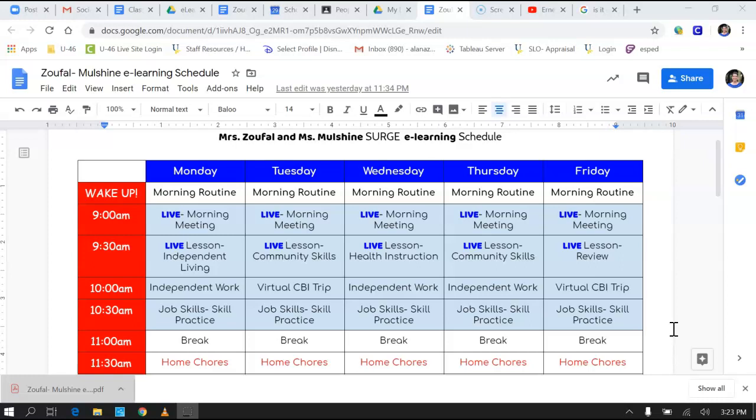This is going to be our schedule while we are e-learning or learning through Google Classroom. It is very similar to our schedule that we had throughout the school year. It's just a little bit different because now you're doing it from home instead of with me right in front of you, or Miss Kathy or Miss Jillian or Miss Tina. But the cool thing is you'll still get to see us, and we are still available to help you and your families. So let's start by going through the schedule.